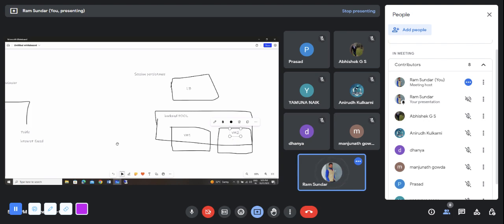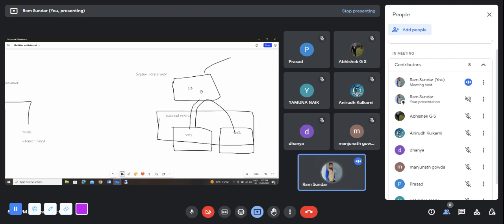So when we do not use session persistence, the traffic will come and it will be equally distributed like this. When we enable session persistence with this client IP,